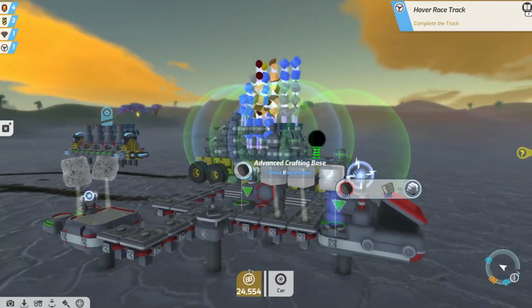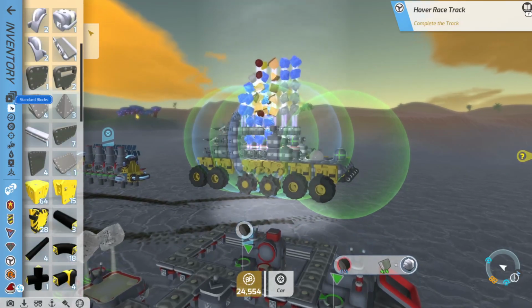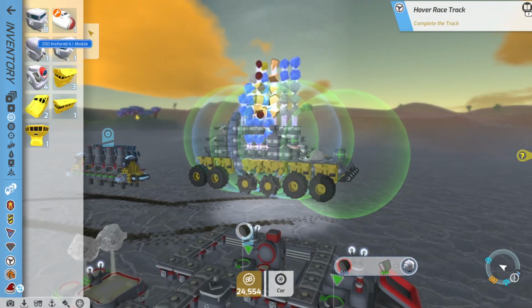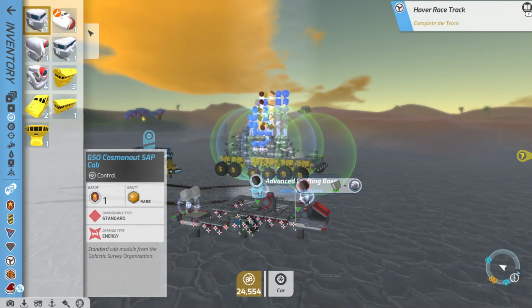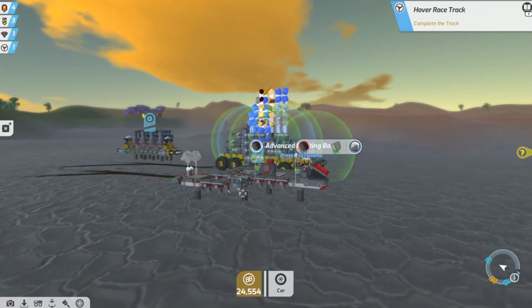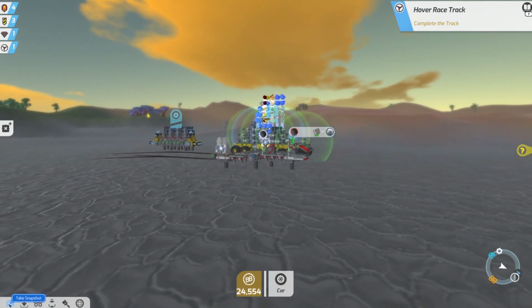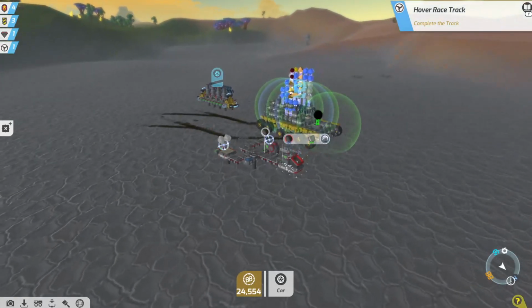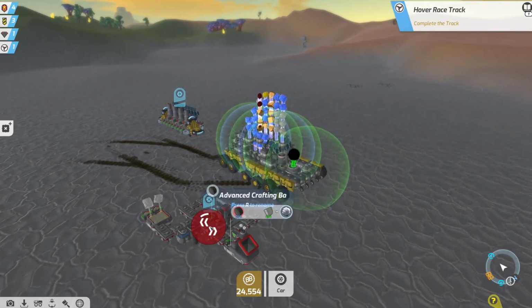So what I need to do here is I'll go into my build menu. I'll go to standard blocks or control blocks. I'll take a cab, right? I can stick a cab on here. I can go here. I can tell it to switch to tech. Once I switch to tech, I can say advanced crafting, right? And I can save that, right? And then I can switch back to this guy. And then once I do that,